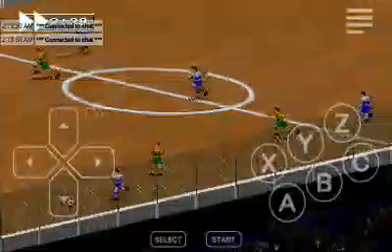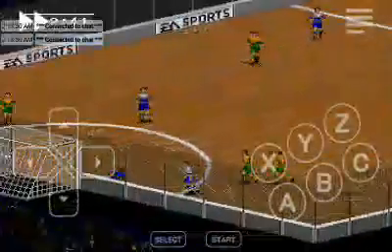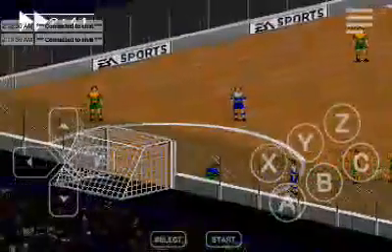Vancouver recovers. They push forward into the offensive line, and the ball gets stopped by Dallas's goalkeeper.